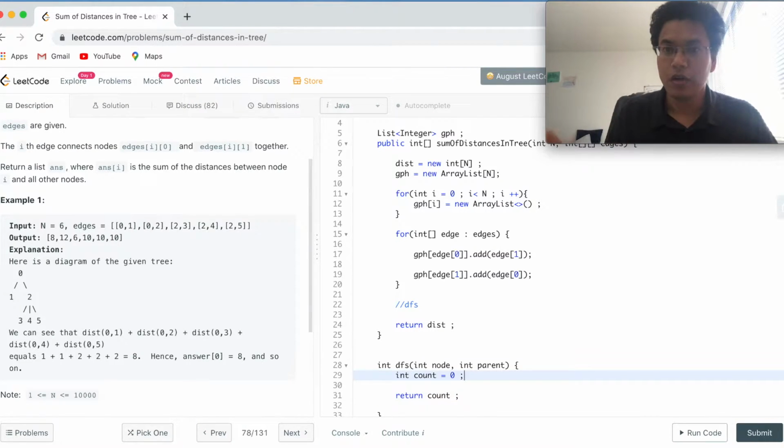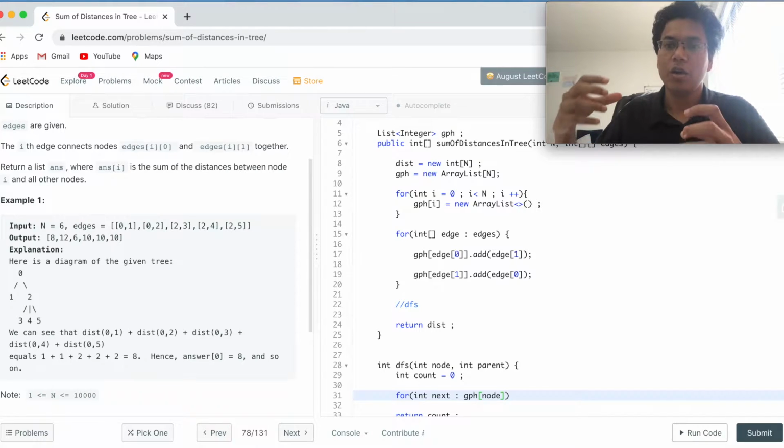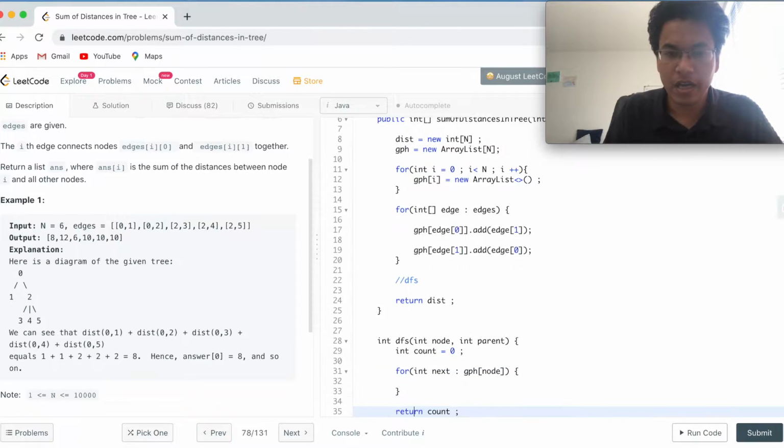Now graph traversal DFS, which means for int next in gph of node, for all the connected nodes of this node, we want to call our DFS method again.